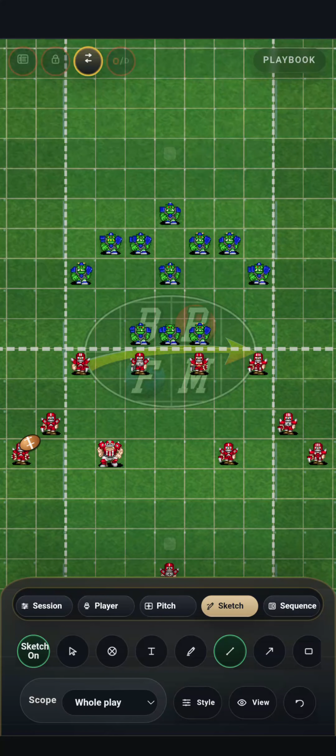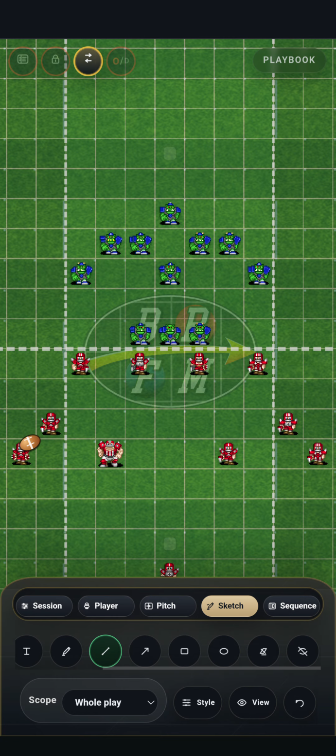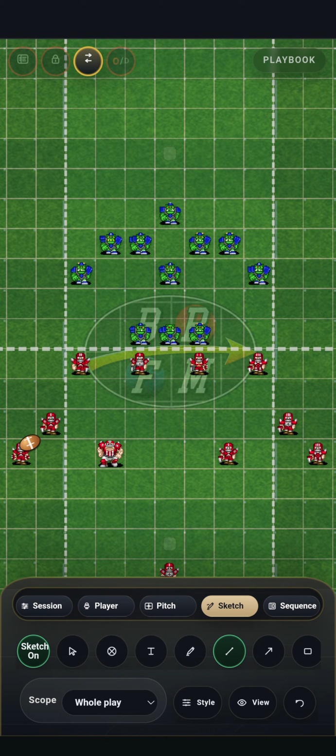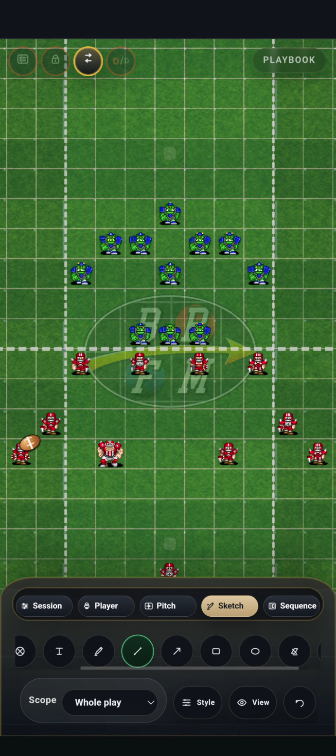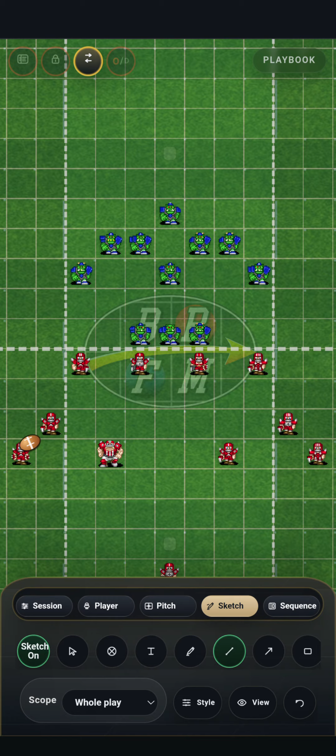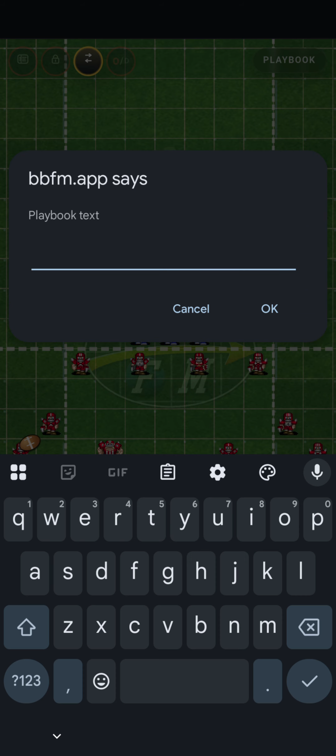Hi guys, I think it's worth just quickly going through the sketch functionality, specifically where we use it in a sequence. So if I just select sketch now and take you through each of these icons, I think it's pretty much self-explanatory. There's a couple of things in there you might not get first time, but sketch on and off's obvious. Then there's a select,